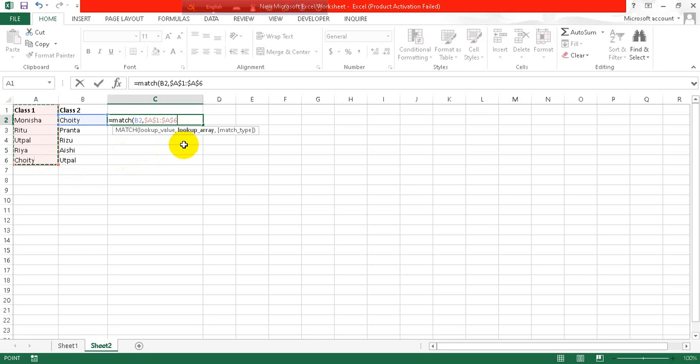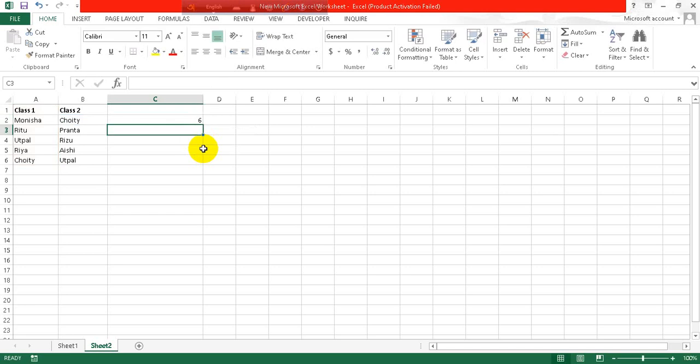with F4. Now put a comma, and as we want to know the exact match, that's why we will put the 0, and we'll close the parenthesis. Now click on enter. As you can see, it says that this name is present at the sixth